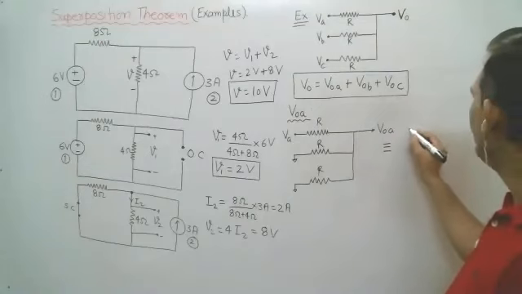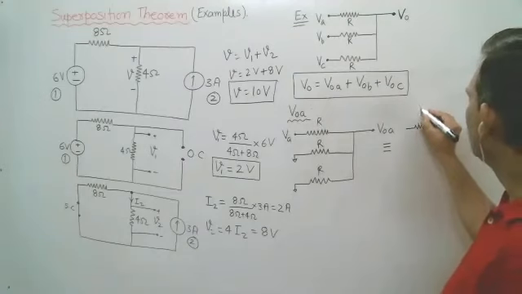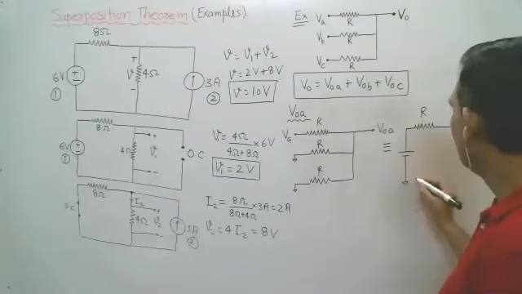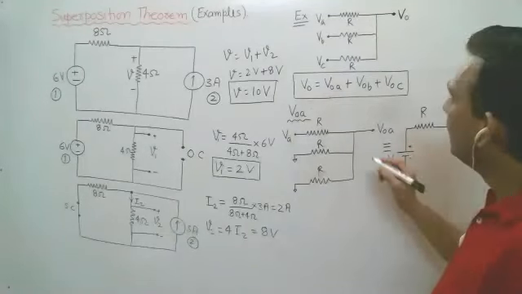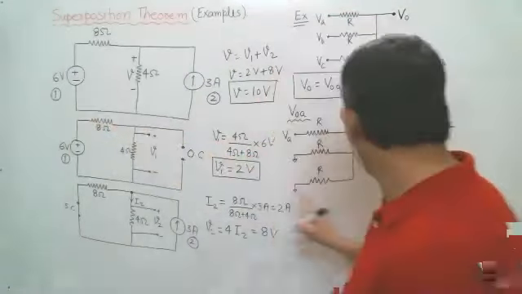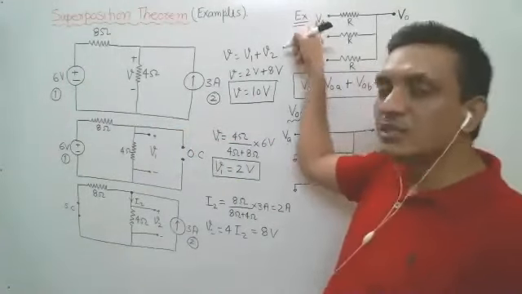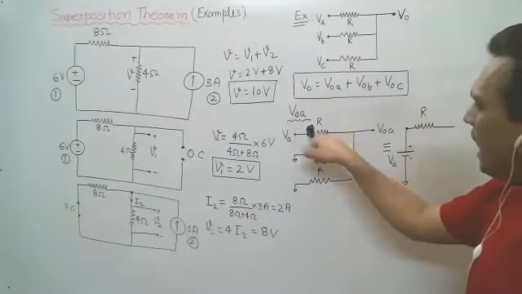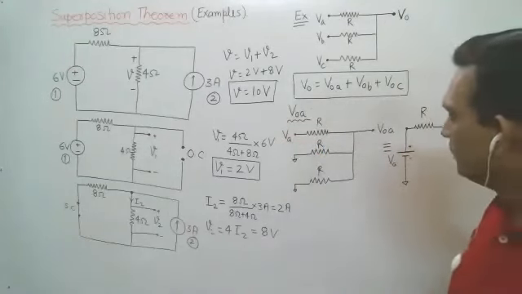So we can draw its equivalent circuit. This is R. This is the voltage source, plus minus VA. This is plus V. It means the plus terminal of the battery is connected with this end because this is plus V. If this were minus V, then you would have to change the polarity. So just see, this is R. R is connected with plus VA. So the minus terminal is grounded.